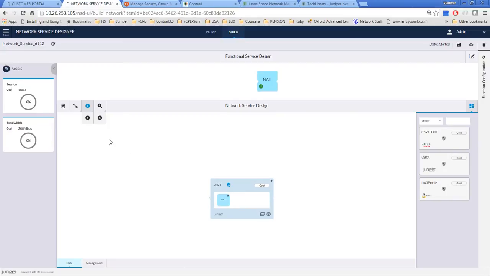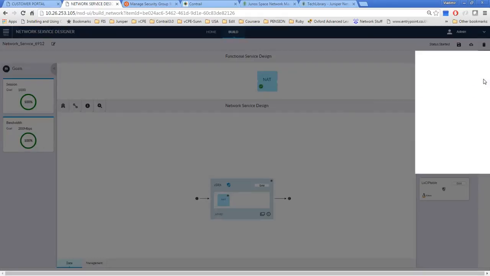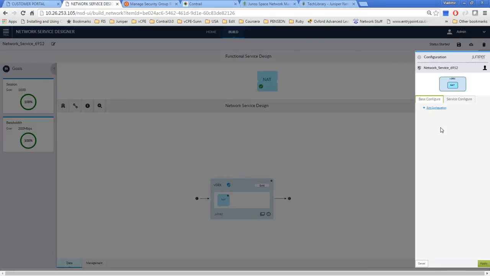So let me add interfaces: ingress interface and egress interface. We also have a management interface. We see that both goals are satisfied, so we are happy with the creation of this service. What we need to do quickly is configure